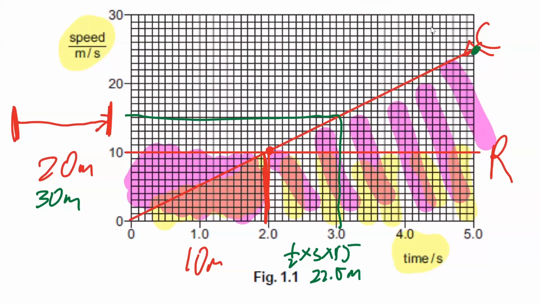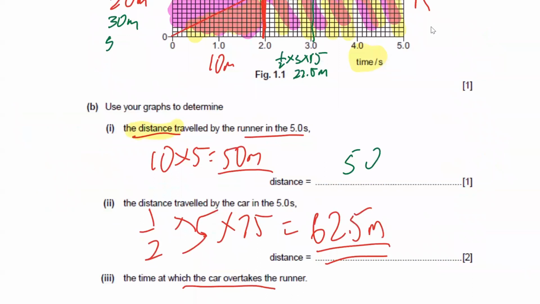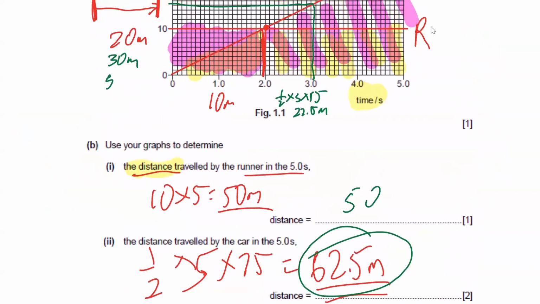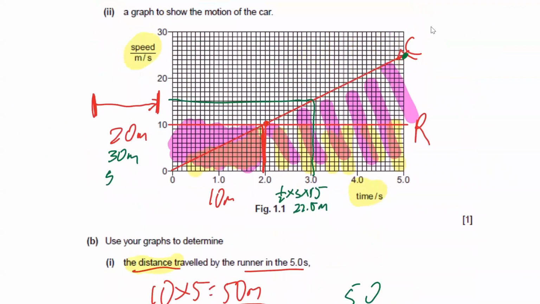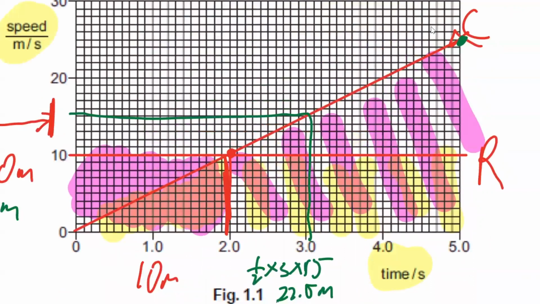At 5 seconds, it will be 10 times 5, which is going to be, wait, 5 seconds is here already, right? Here will be 50 and here will be 62.5, right? At 5 seconds, the car is already in front of the runner. So the only one left is 4. Why do I know it's 4? Because if you think about it, guys,